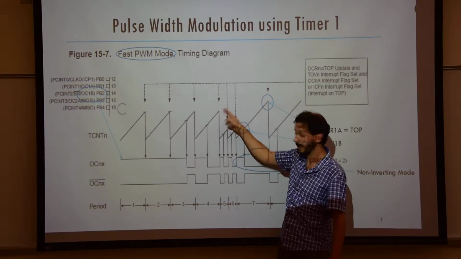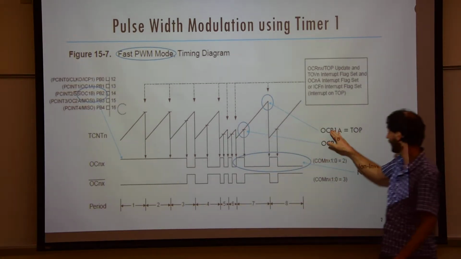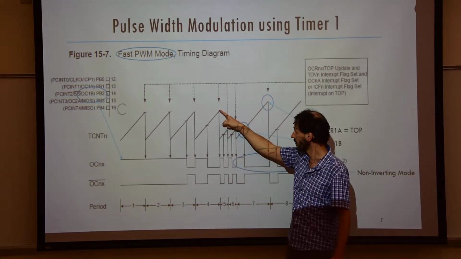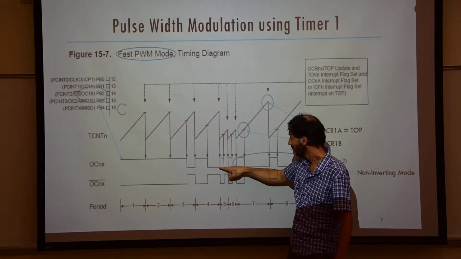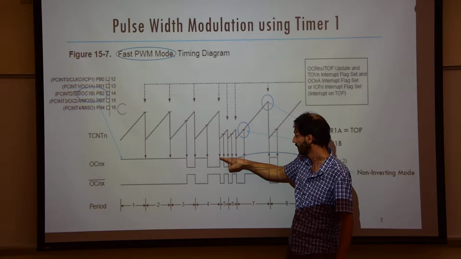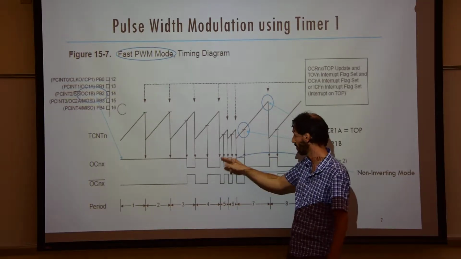Once you get to the end of the sawtooth, so you match OCR1A, then not only is the counter cleared back to 0, but also the low value is pushed up to the high value. So now you create this kind of block